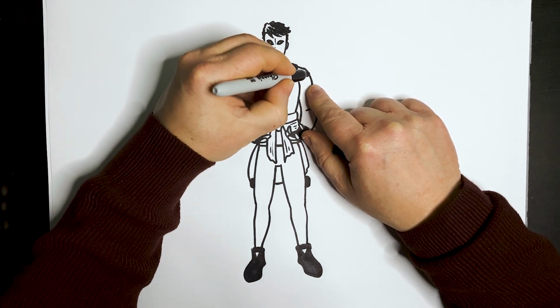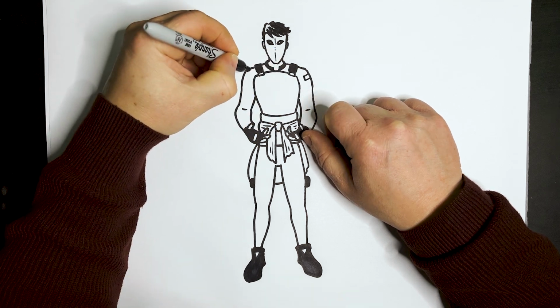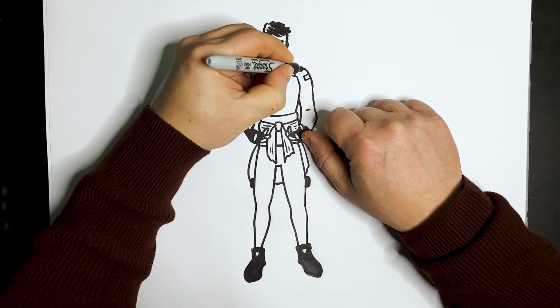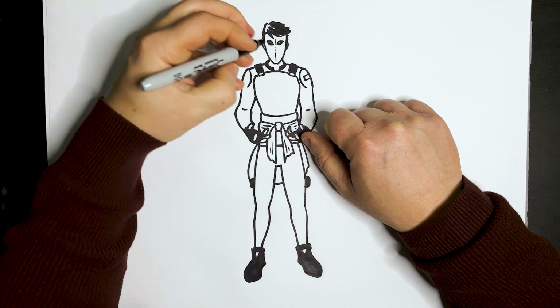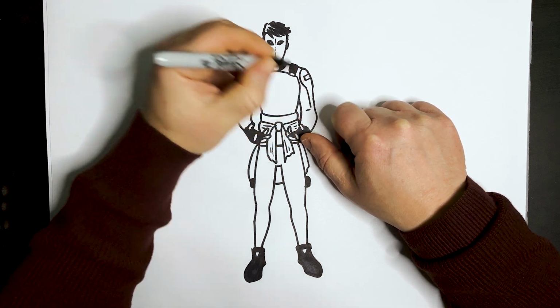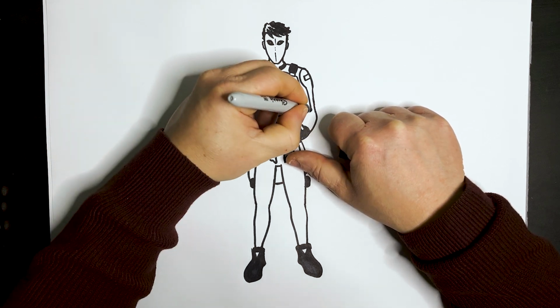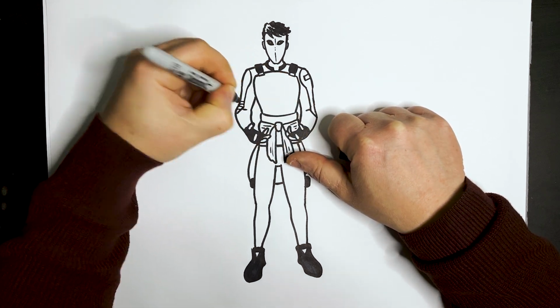Actually on this side there's a little sort of rectangle there. And then I think we've almost got like a little curve on the shoulder area. So I'm just going to draw a couple of curves like that. Then I'm going to bring it sort of down to the midsection, sort of the fold in the arm there. Maybe I'll just chip it out like that. Pop a couple of lines in,